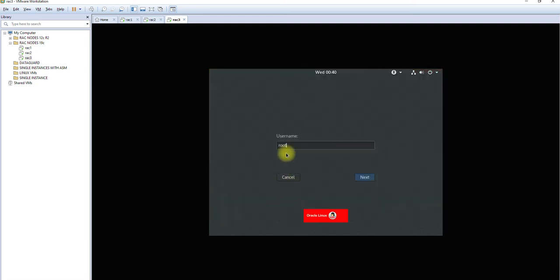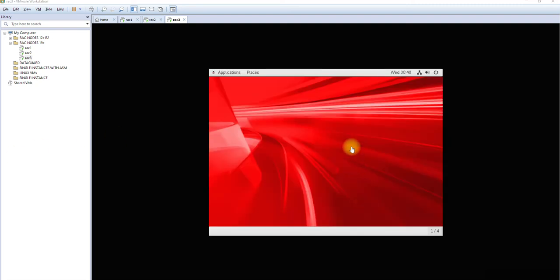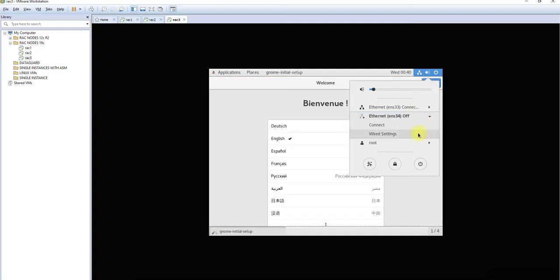Okay, so this will be root again, and we have to follow the same path.